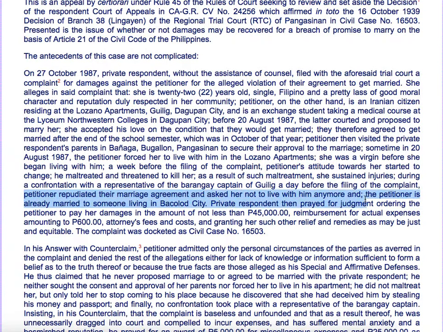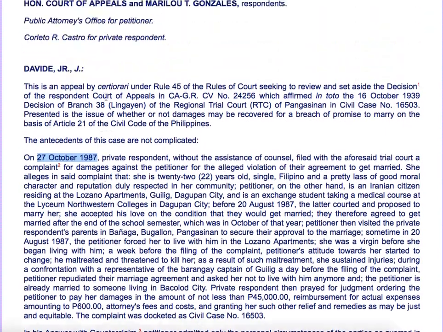Okay. Take a look at this sentence and remember what we've discussed. Sa first, diba? For alleged violation of their agreement to get married. So, stuff is happening in real life. Binaliktad siya, nagligawan sila, pumunta sa parents, nagligawan, nag-live in together, pero binaliktad siya. Okay. A day before the filing the complaint, nagpunta sila sa barangay captain. Okay? Ngayon, on October 27, ito medyo style of writing na to ng Supreme Court Justice na to, si Justice